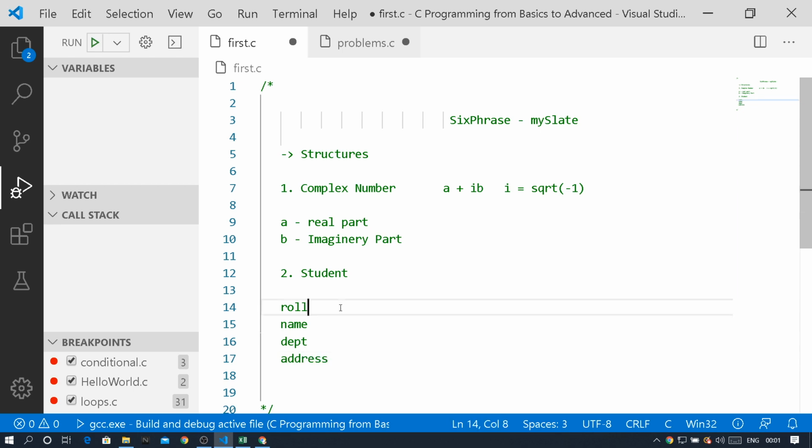For example, your roll number, let me consider that the roll number is an integer. Few people's roll numbers are in string format also, character format also. But let me assume that a particular student's roll number is an integer. The name will definitely be a character, so it has to be of